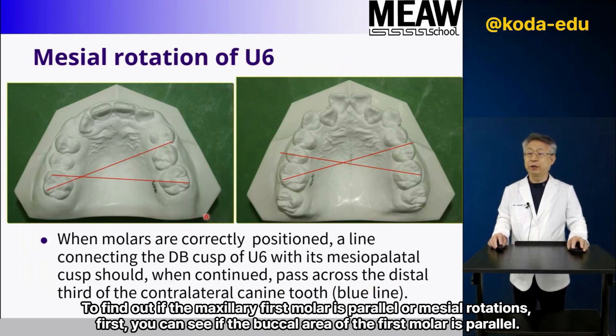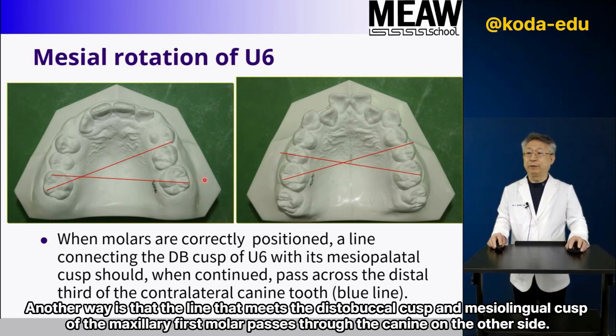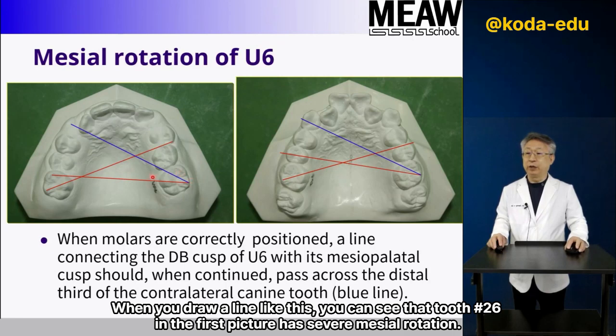To find out if the maxillary first molar is parallel or mesially rotated, first, you can see if the buccal area of the first molar is parallel. Another way is that the line that meets the distobuccal cusp and mesiolingual cusp of the maxillary first molar passes through the canine on the other side. When you draw a line like this, you can see that tooth 26 in the first picture has severe mesial